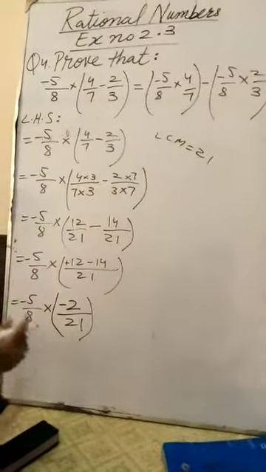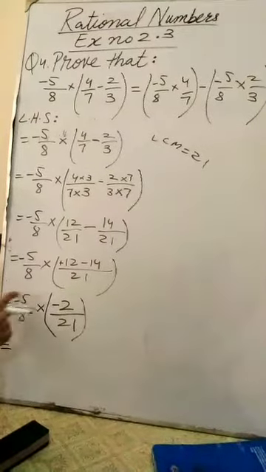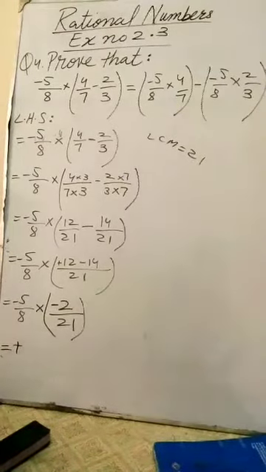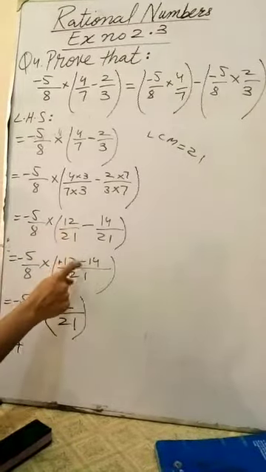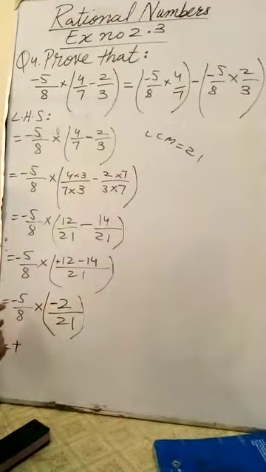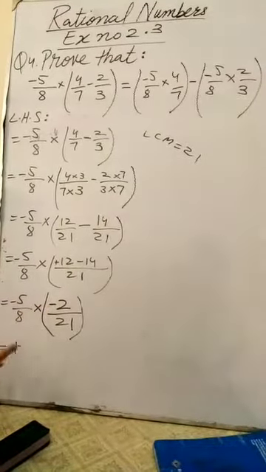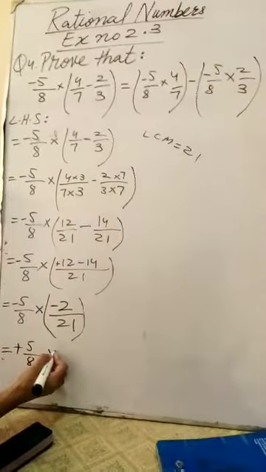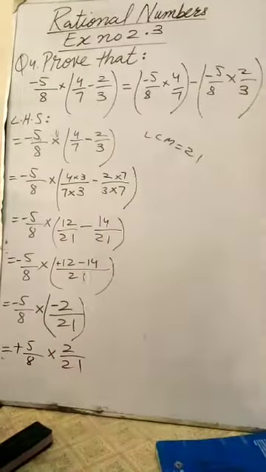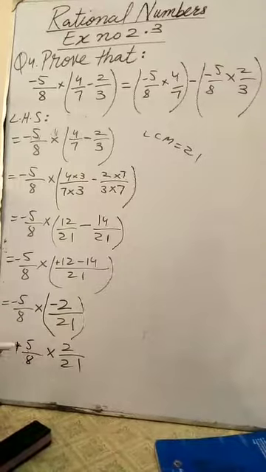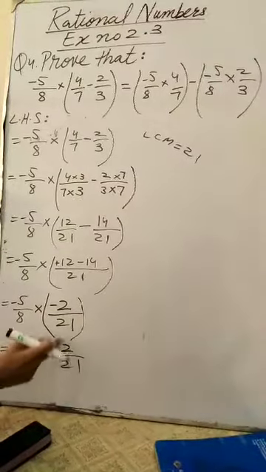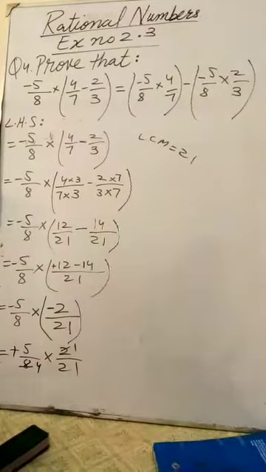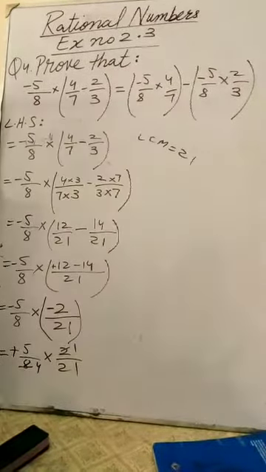Now, first of all, we need to solve the bracket first. Minus minus plus. When we are adding and subtracting, we put the sign of the bigger value. But when we multiply, the sign will change. Minus minus plus. Now you can open the bracket. See, cutting is possible. 5 and 8, no. 2 and 21, no. But 2 1 times 2 and 2 4 times 8 is possible. Now the answer will be